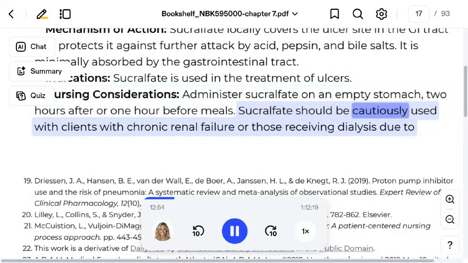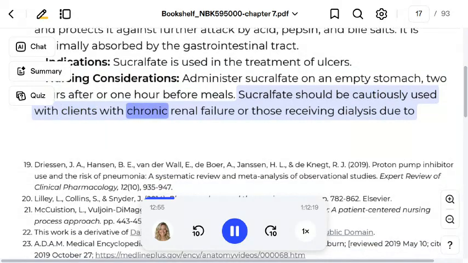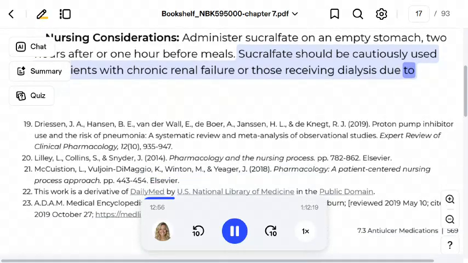Sucralfate should be cautiously used with clients with chronic renal failure or those receiving dialysis due to